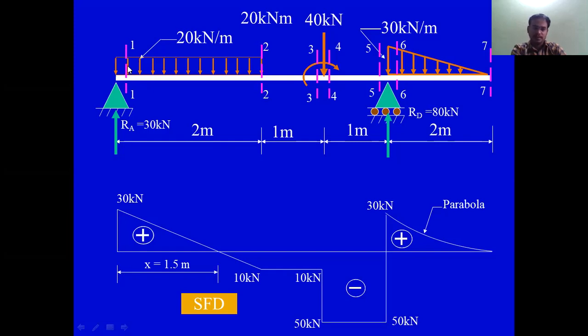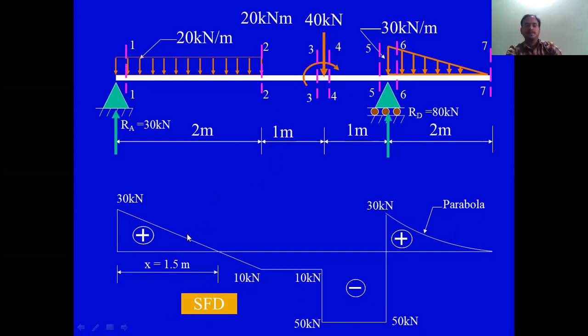As the length is increasing, load is also varying, so you will get varying shear forces here. On the positive side they are decreasing, and we find a point where the shear force is 0. Again, it is increasing in the negative direction, and the shear force is constant over section 2 and section 3, between 1 meter. And again due to 40 kilonewton the shear force increases to 50, and 50 here is the same because there is no load here. 50 is transferred here, and 50 becomes 30, and the final one is 0. So this is parabolic, this is plus and this is minus. So this is the shear force diagram.